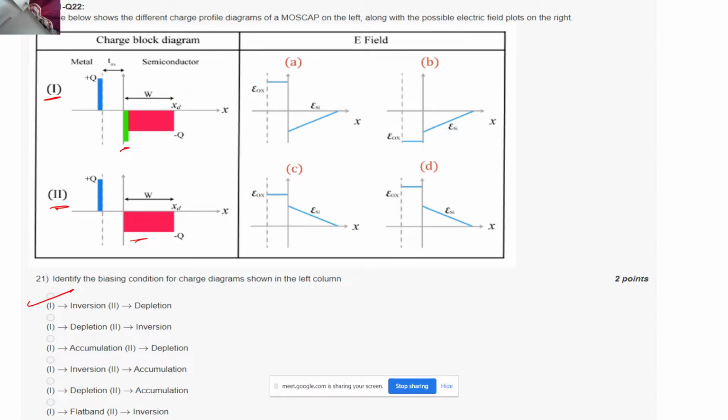And now let's try to interpret the electric field plots. So this option number 2, we had just solved it, right? How its electric field is going to look, and someone from you had mentioned in the chat section that the diagram will look something like option D or option C, correct? Now we just have to determine which among these is the correct option. So can you guys please help me in solving this question? I just wanted to know which of option C and option D corresponds to the first charge density plot and the second charge density plot, and how should I solve it?